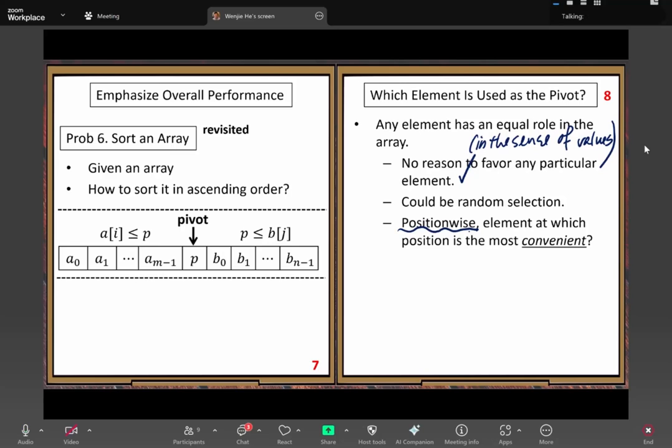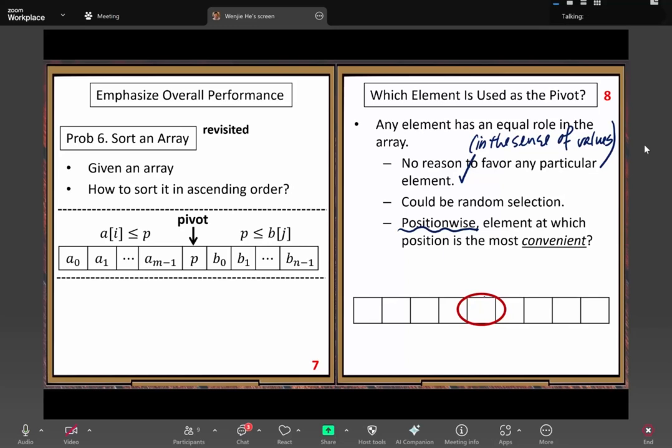In this step, it's not random, because the roles of those positions are quite different. So we need to study that position factor here. Let us use a simple diagram to look at the difference of using different positions for the pivot element. If we randomly select one position somewhere in the middle and use this position for the pivot,